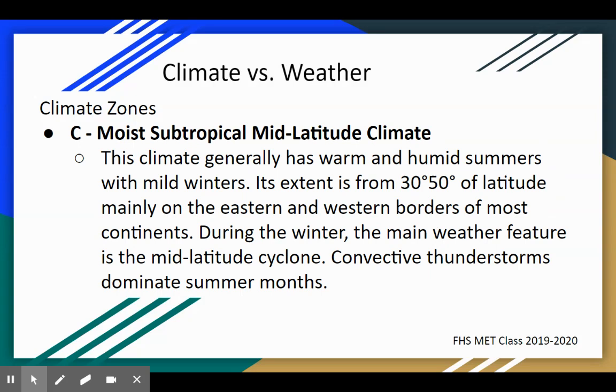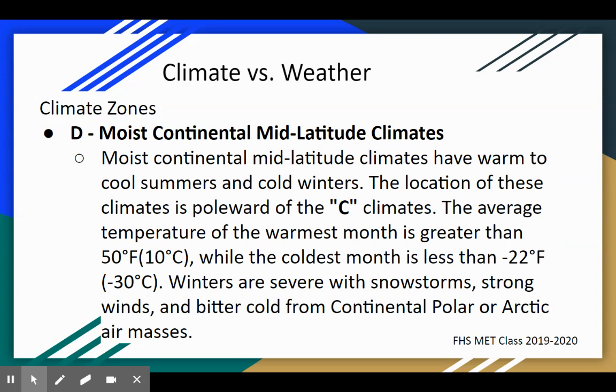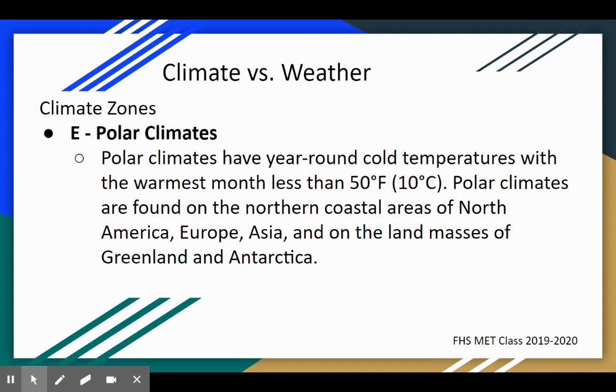Third one is the moist subtropical mid-latitude climate. Generally, this climate has warm and humid summers with mild winters. During the winter, the main weather feature is the mid-latitude cyclone. Convective thunderstorms dominate the summer months. There's a diagram or a picture of those 3 different climates. And then the next 3 climates are the moist continental mid-latitude climate and the polar climates that have year-round cold temperatures,